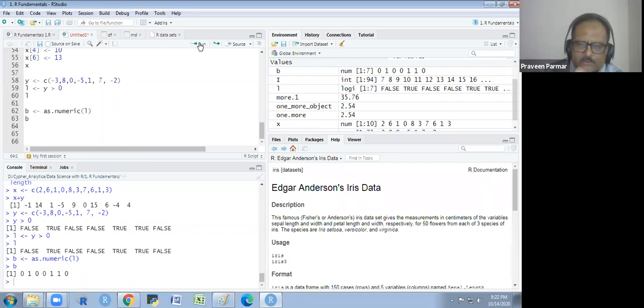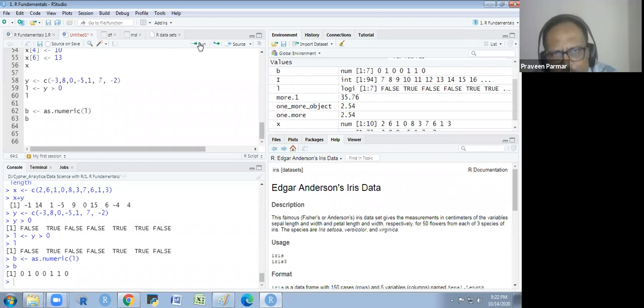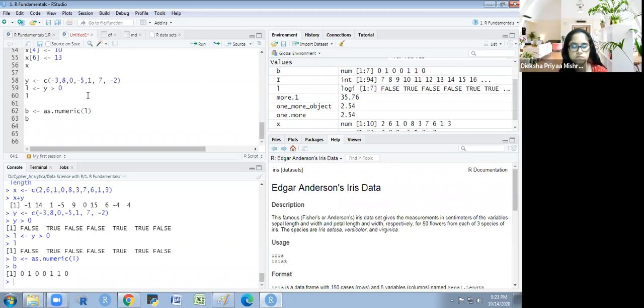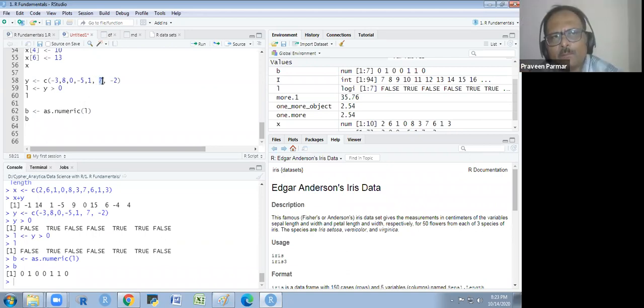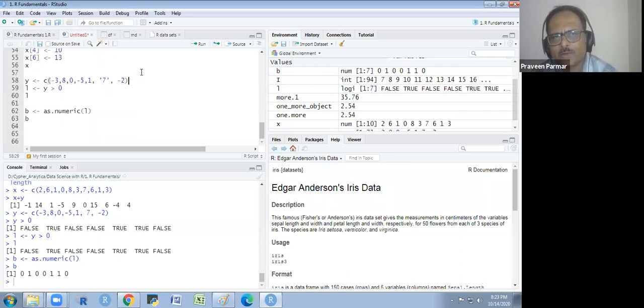One more thing I would explain. It will convert it into Boolean values. I will explain one more thing. I am making one number in quotes, single or double quotes, whatever. Okay. I have not explained to you about the character vector. So first I explain the character vector.